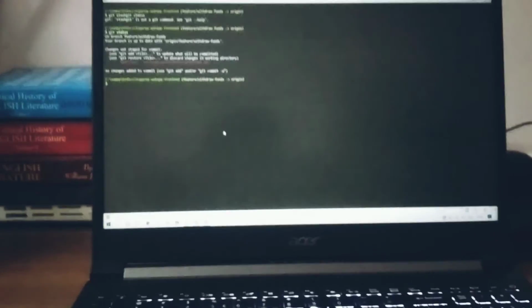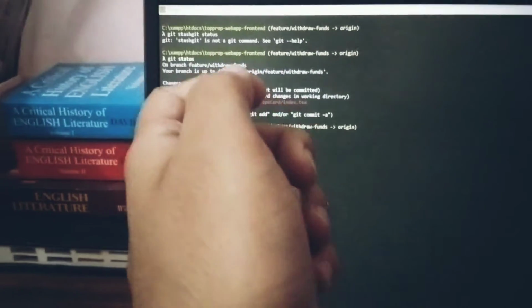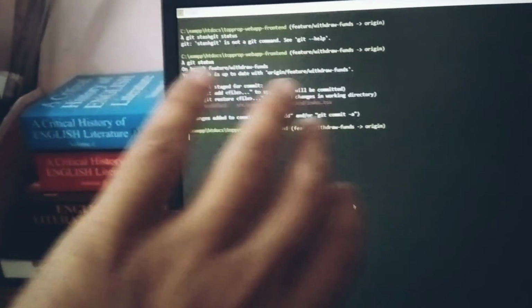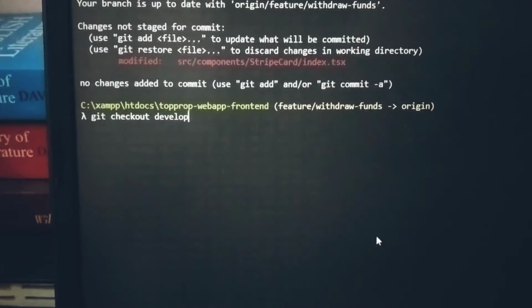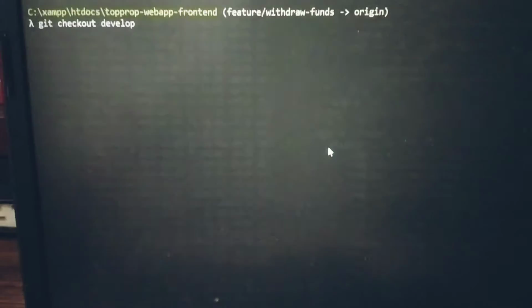So what you want to do is keep the changes, but stash away the changes for now and then work on the bug fix, and after the bug fix has been pushed, come back and work on the feature again. So if you try to check out a new branch now, suppose you want to check out develop, suppose develop is where the bug is. So you want to check out the develop branch, so that you may work on the bug fix and then push it.